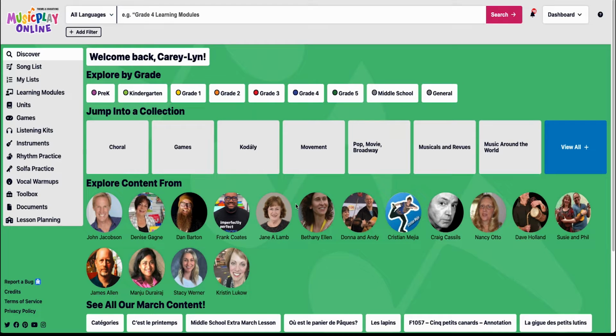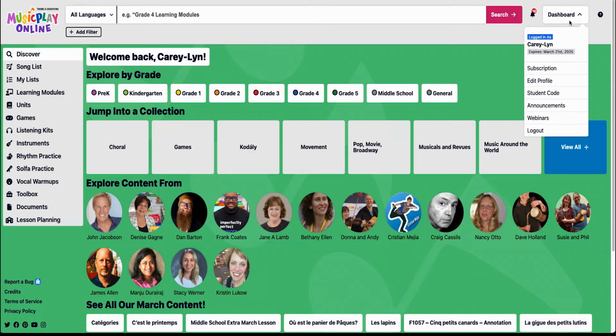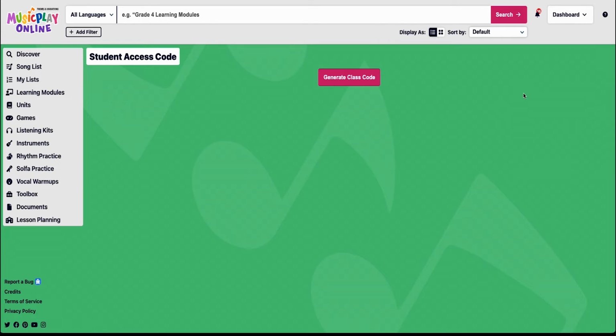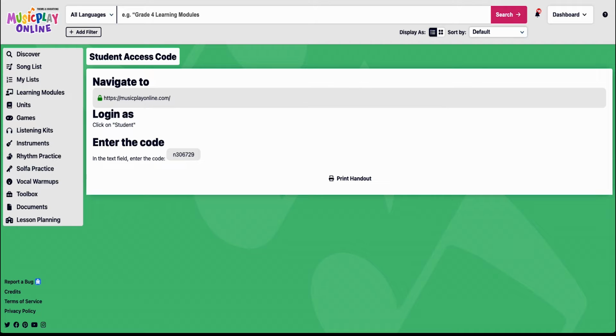Next, we are going to cover how students access Musicplay Online. This starts with you generating your student code by going to the dashboard in the top right and clicking Student Code. The first time you visit this page, you will see a button to generate your code. This student code is tied to your account and will give students access as long as your account has an